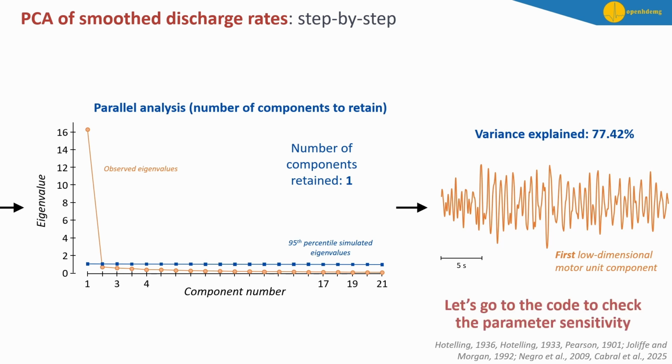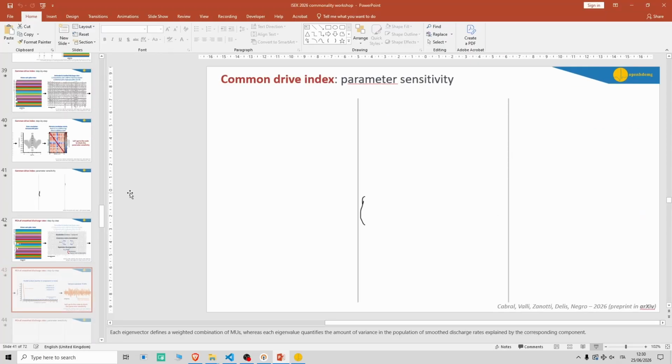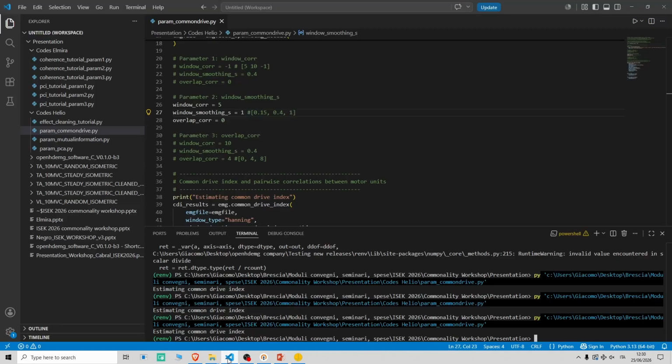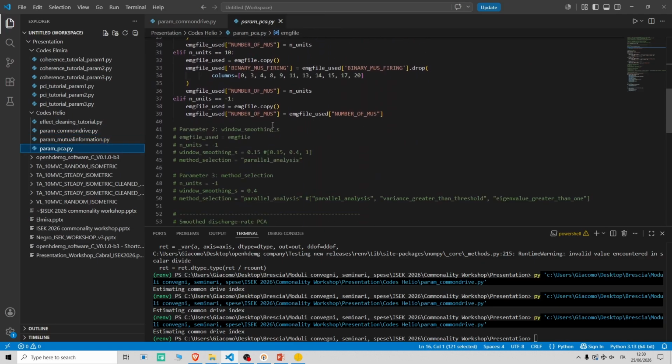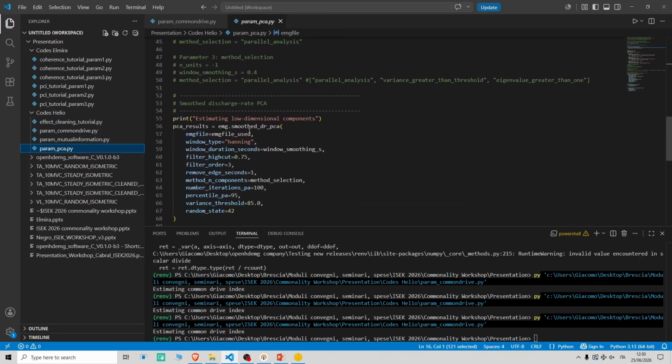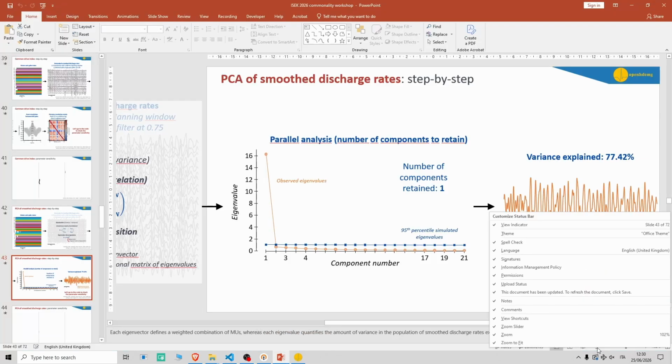Very similarly, I will not, of course, go step by step here, but I already covered the common drive index, and we have also this one for principal component analysis. The idea is very similar. The function is called smoothed DR PCA, where we just need to pass the EMG we are using, and then we have a bunch of parameters that, likewise, we can modify, okay? So right now, I will directly show you